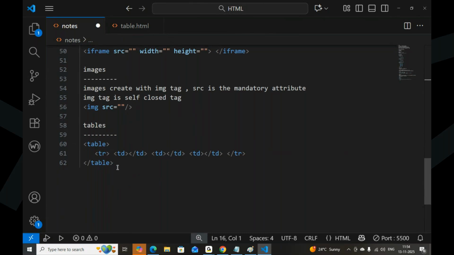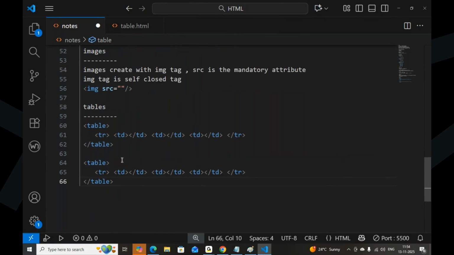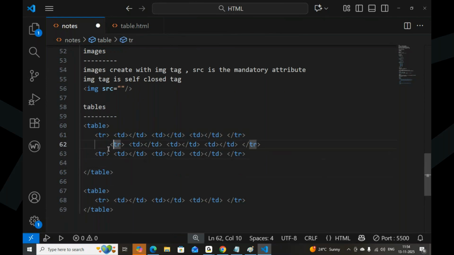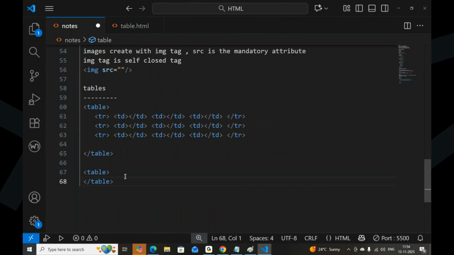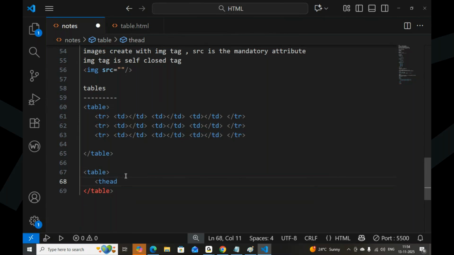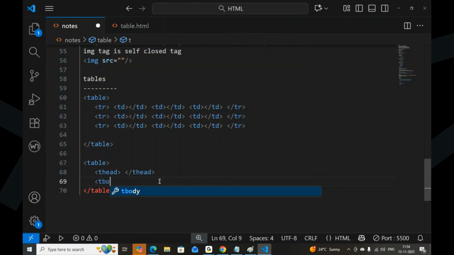We have two kinds of tables: a plain table, and another kind of table divided into T head and T body.